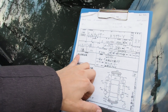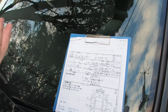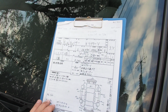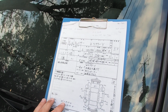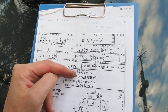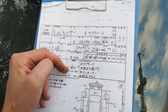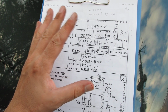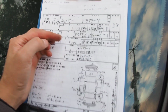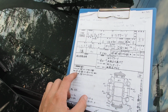So I think that they graded this one kind of hard. That's not to say that they're always graded hard. Each auction house has its own kind of, well, to be honest, there's not that much difference from one auction house to the other, but sometimes inspectors are harder on the cars than other times. Anyway, sales points are Tourer V model with an original 5-speed manual. The difference between an original and an aftermarket swap, which is also very common, is about $1,500 or $1,200 or so. It's a one-owner vehicle, original alloy wheels, various scratches, dents, door mirror scratches, windshield rock chip, interior scratched, wear and dirty,